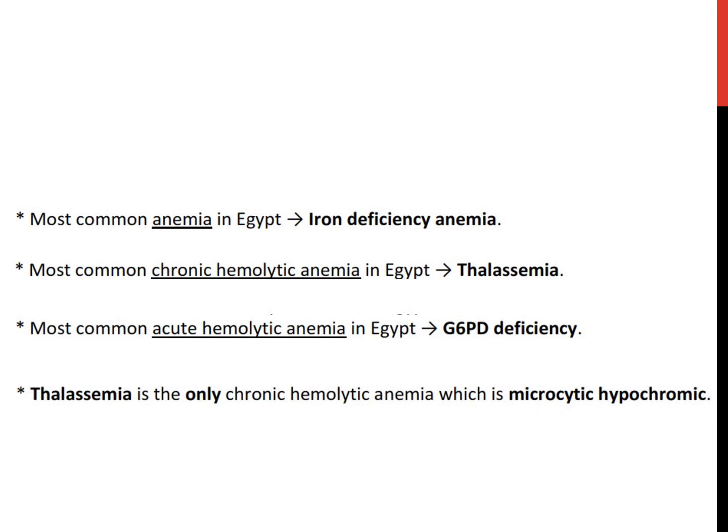Chronic hemolytic anemia in Egypt is thalassemia. Acute, it's G6PD. And don't forget that microcytic hypochromic anemia is the most common. Thalassemia is the only microcytic hypochromic anemia